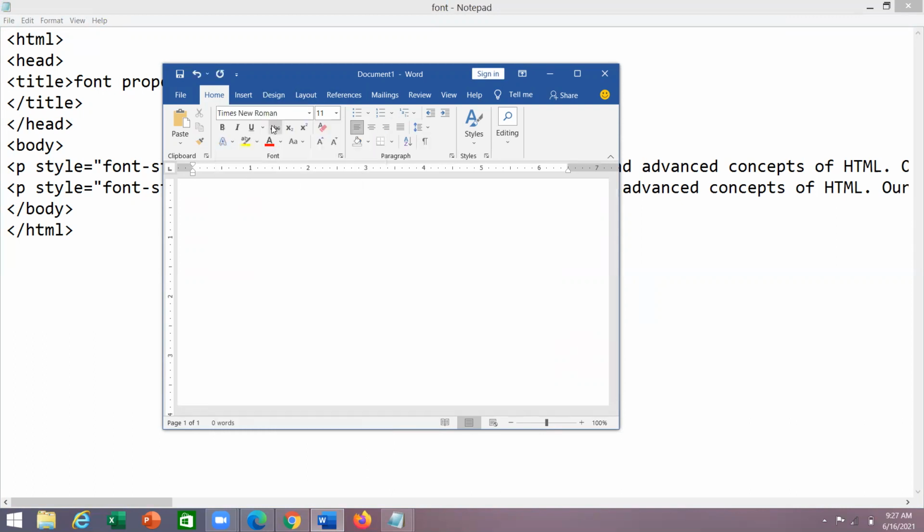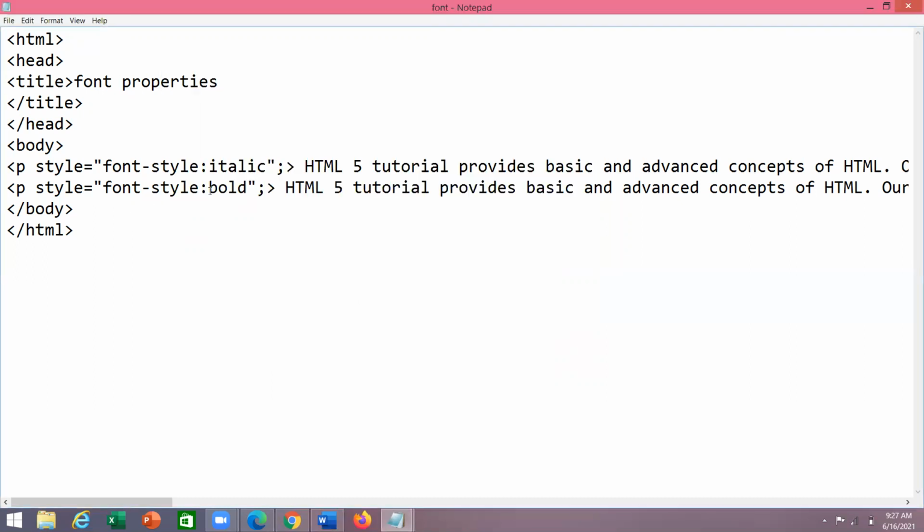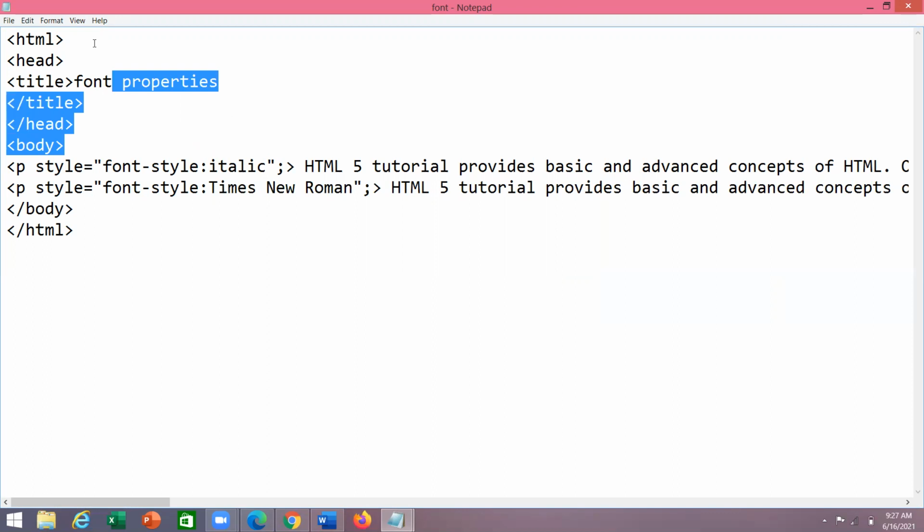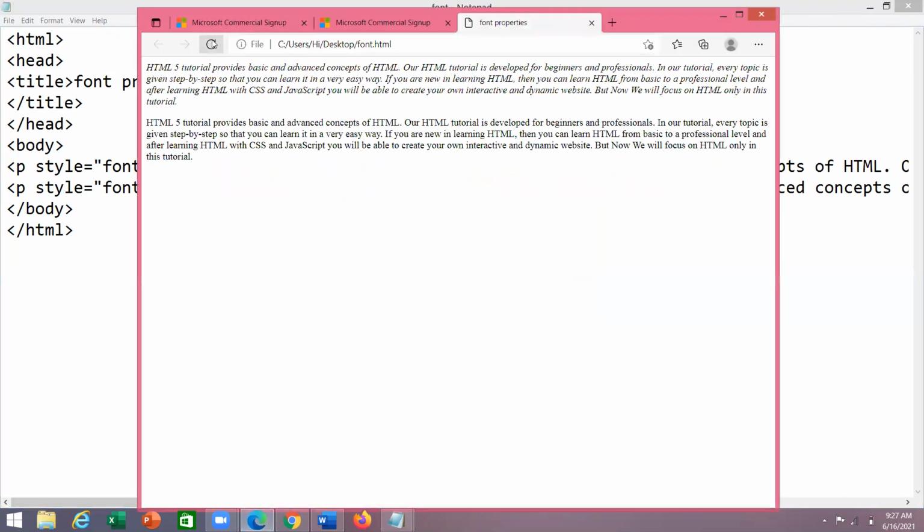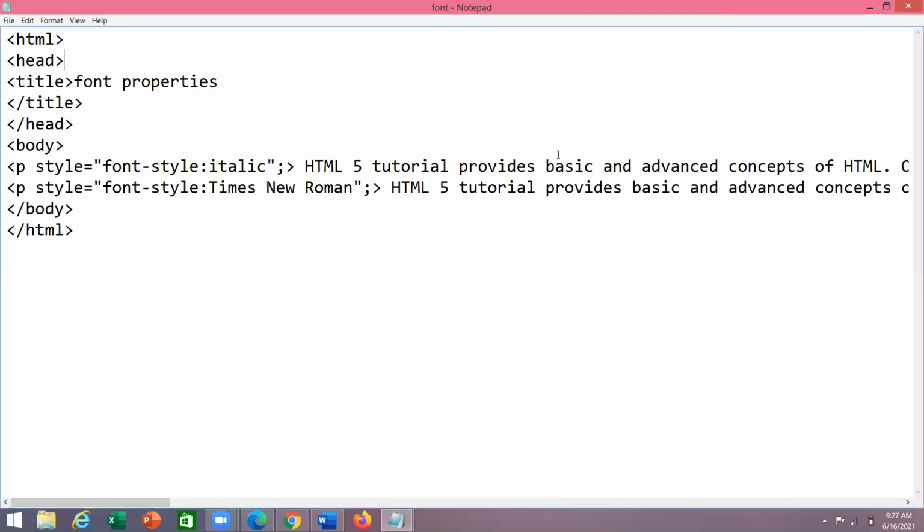We copy Times New Roman with Control C, and here I'm pasting it with Control V. It is displayed in Times New Roman. Save. Again I'm opening the browser and refreshing. Sorry, something is wrong. I'm checking.